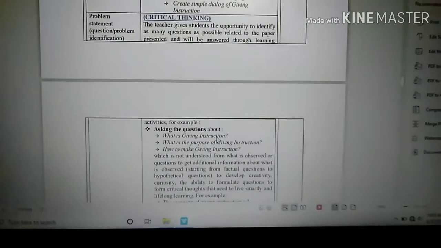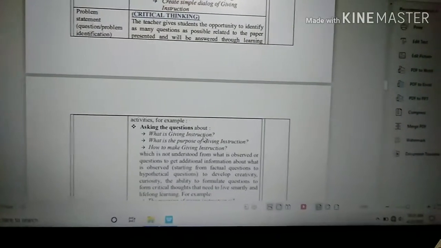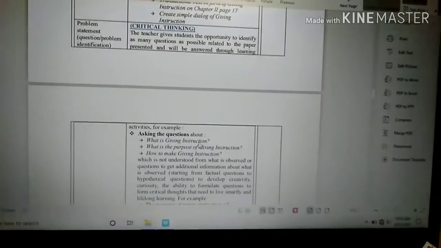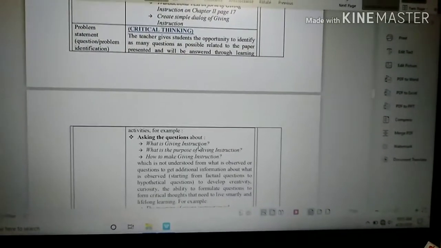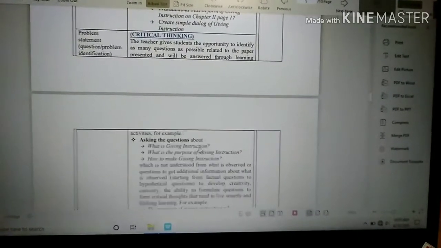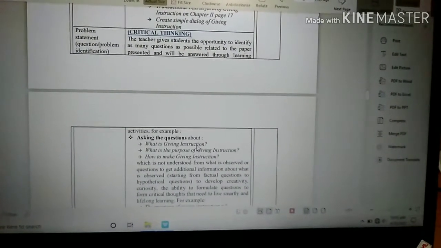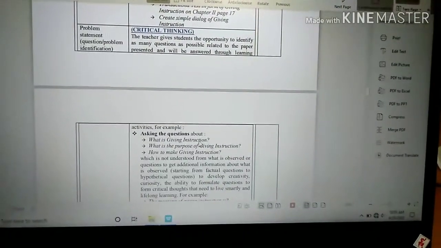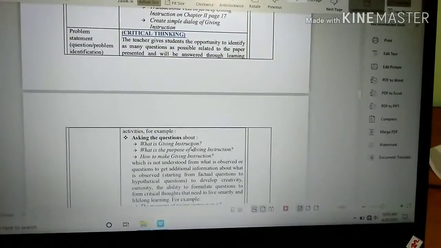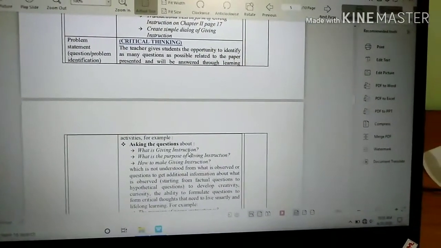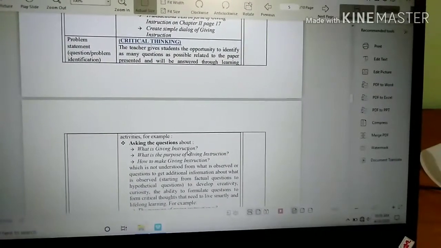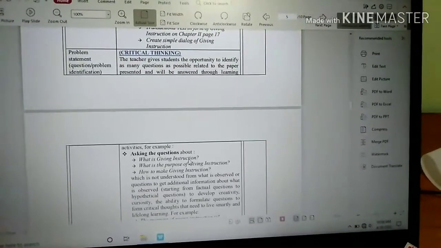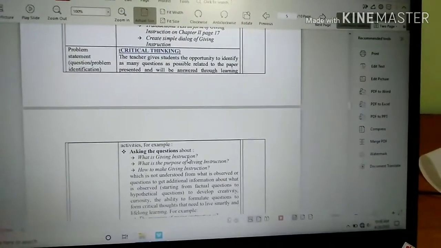asking questions about what is giving instruction, what is the purpose of giving instruction, how to make giving instruction, which is not understood from what is observed, and questions to get additional information about what is observed, starting from factual questions to hypothetical questions to develop creativity, curiosity, the ability to formulate questions, and to form critical thoughts that need to live smartly and lifelong learning.